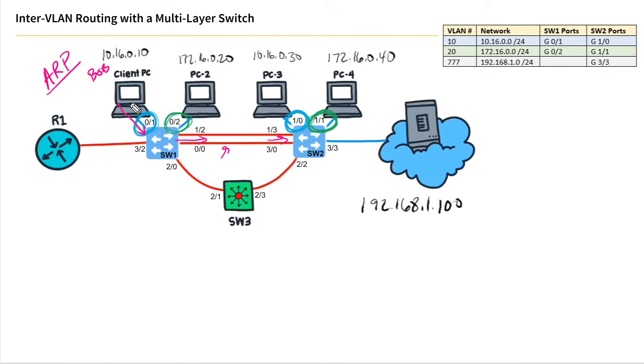However, if Bob at this computer, who's on the 10.16.0 network, wants to access anybody outside of his network, which also means outside of his VLAN, which is associated with his local network, he's going to need some help from a default gateway. So on Bob's computer, we configure a default gateway, and then if he needs to send a packet to anybody who's not on the same local network,